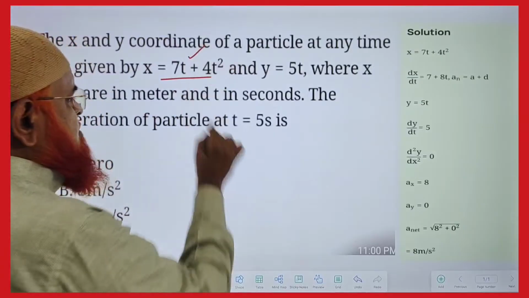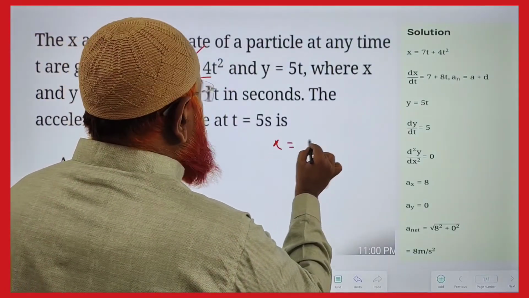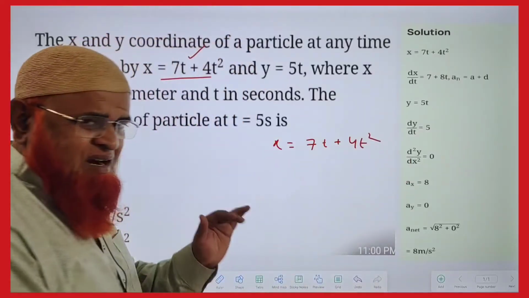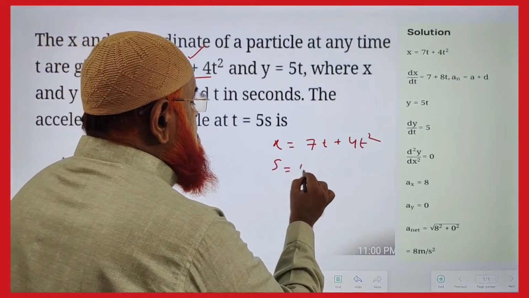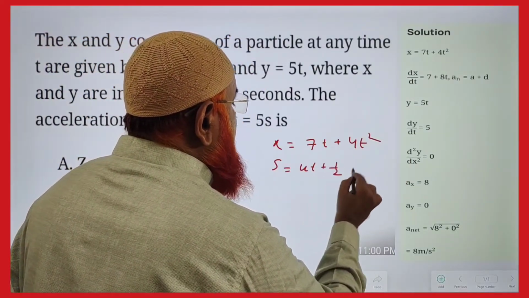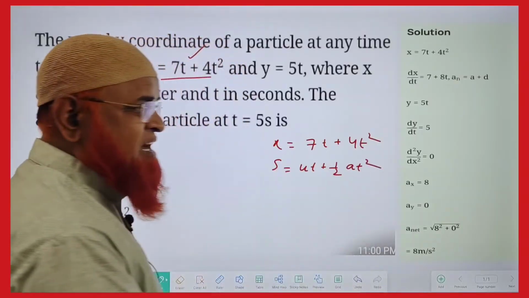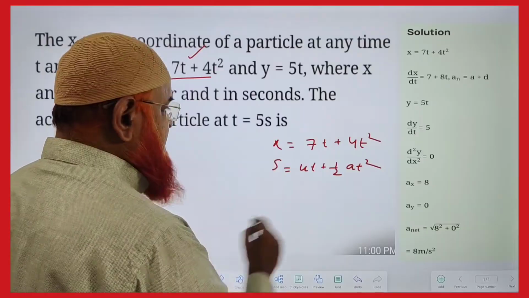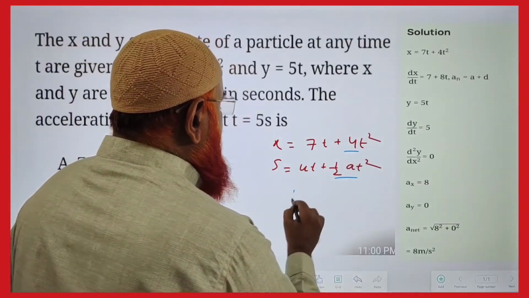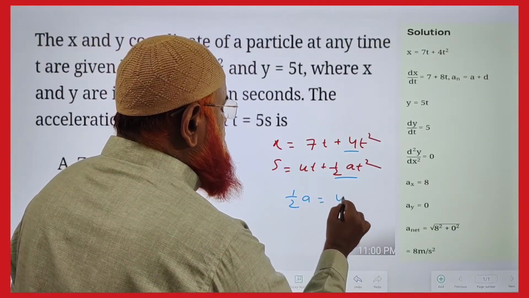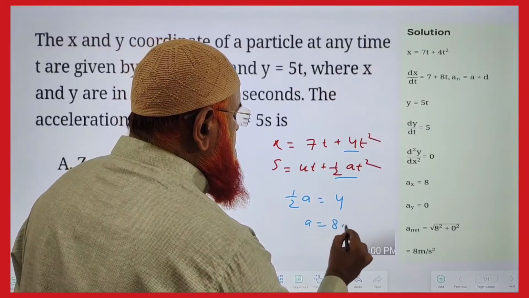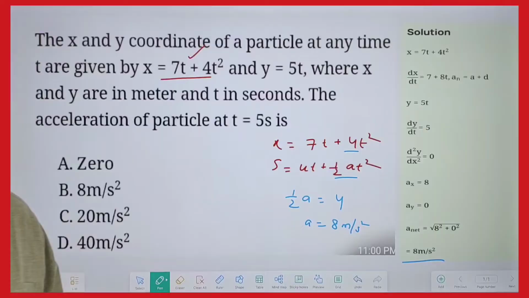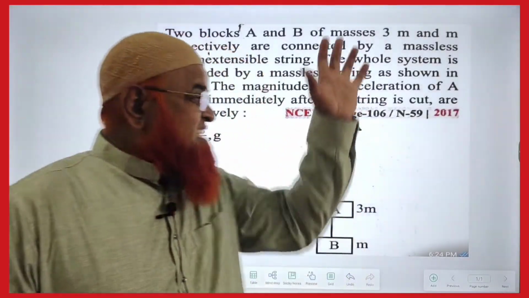आई कैन सॉल्व द प्रॉब्लम बाय जस्ट दिस इक्वेशन। x = 70 + 4t²। मैं क्या करता हूं, इसको s = ut + ½at² के साथ कंपेयर करता हूं। अभी देख लीजिए, यहां पर ½a के पास क्या क्या चीज है, ये और ये। ½a = 4, a = 8 मीटर्स पर सेकेंड स्क्वायर। आ गया मेरा आंसर। होप यू हैव एंजॉयड।